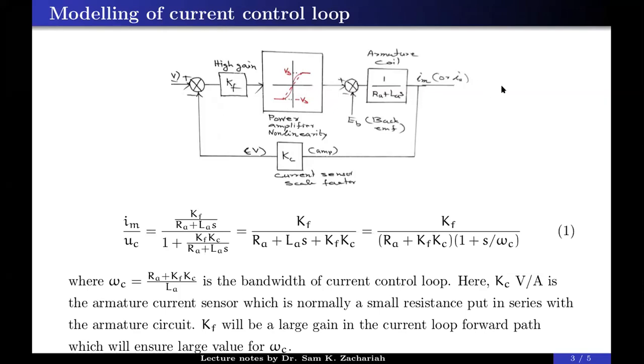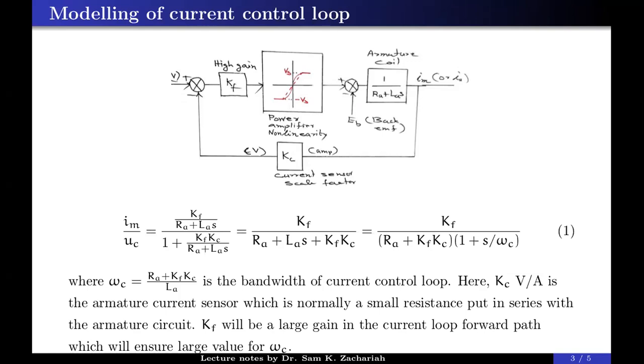Outside this, a velocity feedback will be there, and outer to that a position feedback will be there. That is, you are taking omega m and theta feedbacks outer to these loops. So this inner loop will have high bandwidth, and as you go to the outer loops, the bandwidth will be decreasing. Otherwise, this effect will not be there. Inside the loop, you have to use a high bandwidth.